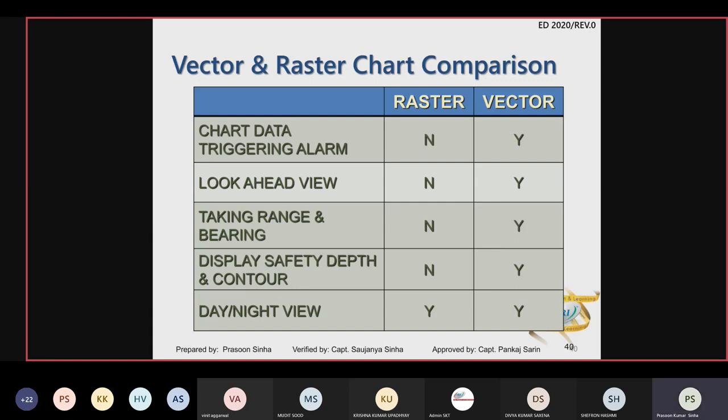Then there are day and night view. That is basically nothing to do with raster or vector chart. It is to do with the computer system. आपने रडार में देखा होगा कि नाइट व्यू में you can change the display color to orange during daytime, bright, because there is too much light in the bridge. You can change to day view, तो थोड़ा सा brightness बढ़ जाएगी।